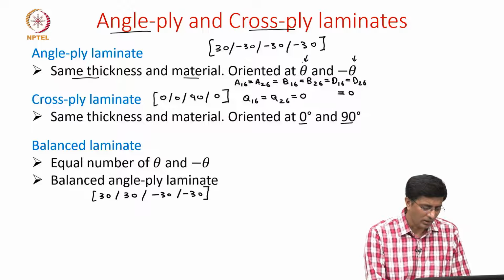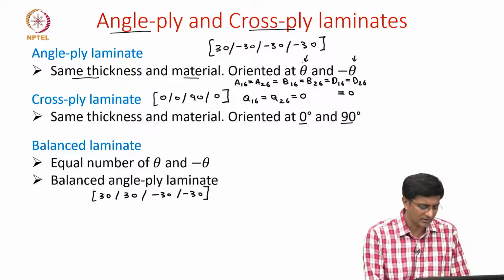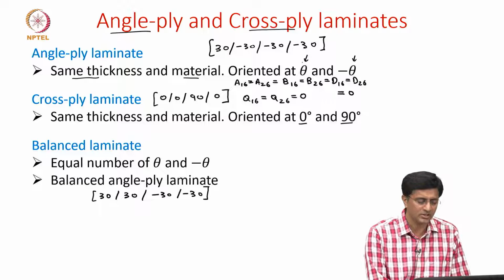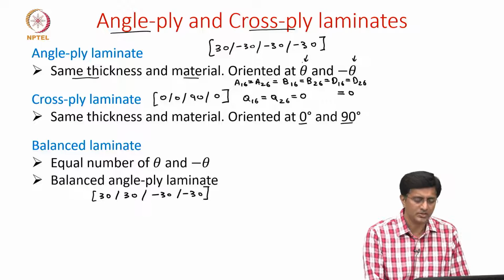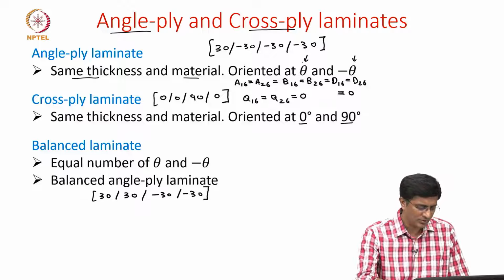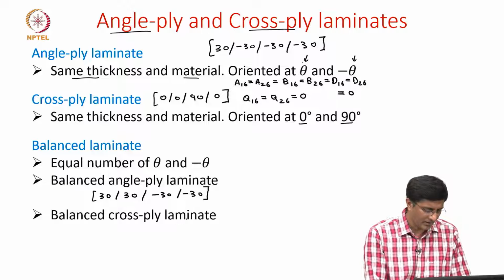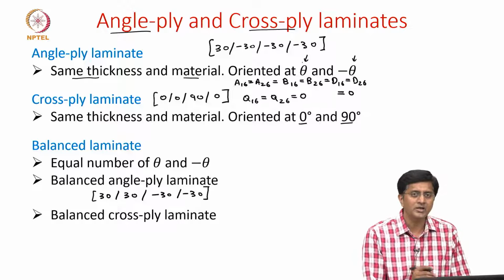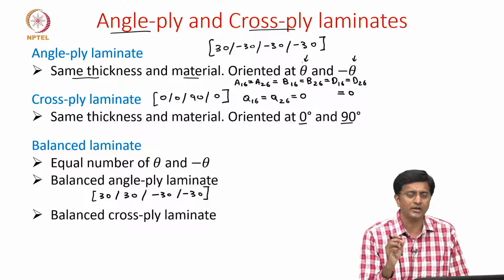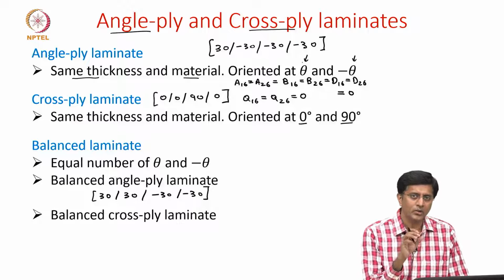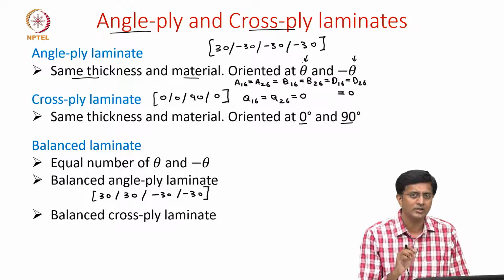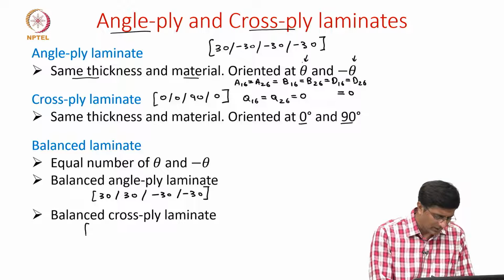So first it is an Angleply because we are only having theta and minus theta, which are 30 and minus 30, and it is also balanced because it has an equal number: there are 2 with plus theta, 30, and 2 with minus theta, minus 30. The same definition we can also apply for cross-ply laminates, where cross-ply means it should be only 0 and 90s, and balanced means it should have an equal number of 0 oriented layers and an equal number of 90-degree oriented layers. So again I can make up an example, something like 0, 0,